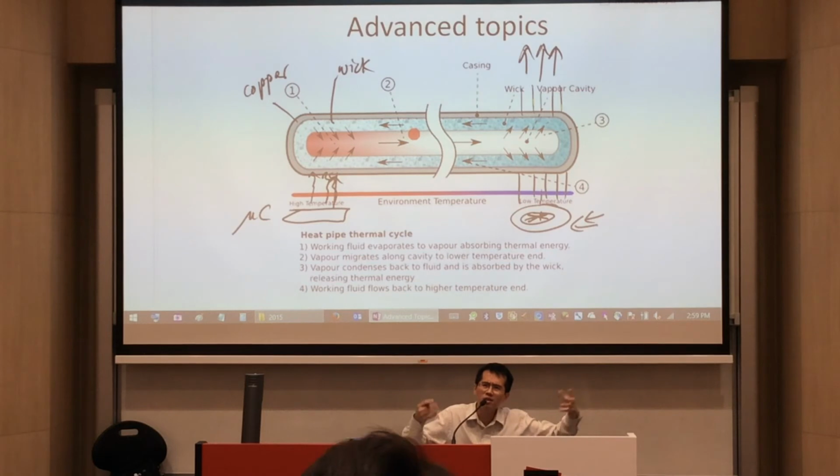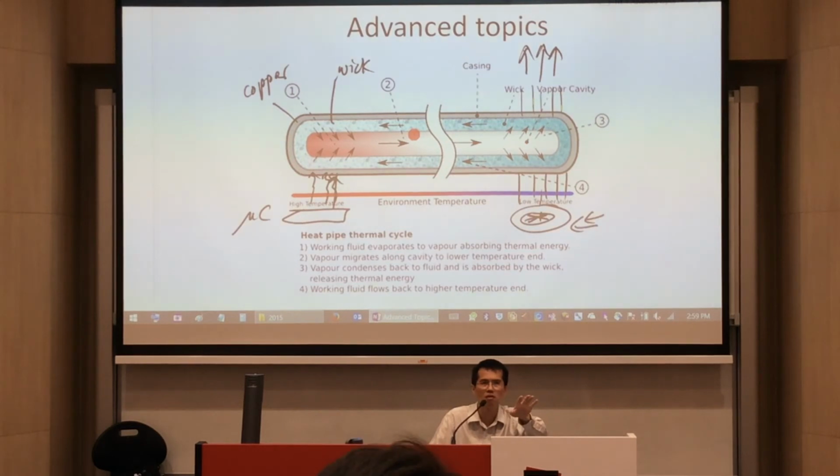Right? But why is this important? Why can't we just put a copper tube? A copper tube would need some time to conduct heat away. The amount of energy that can get transferred, we have seen in the equation of conduction, is limited. This one here would remove a lot more heat away from the microprocessor. A lot more. Why? Because there's a change of state. Why is change of state that important? It's because whenever there's a change of state, it requires a lot more energy. In the case of water,